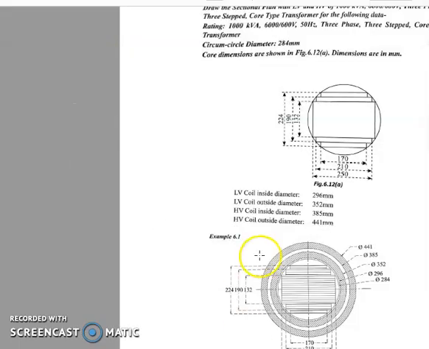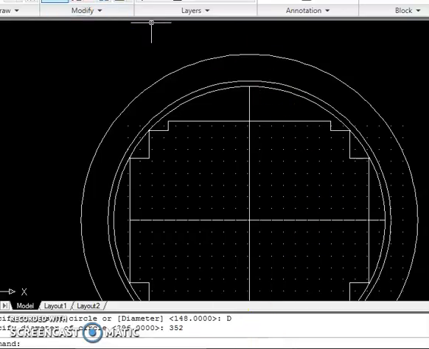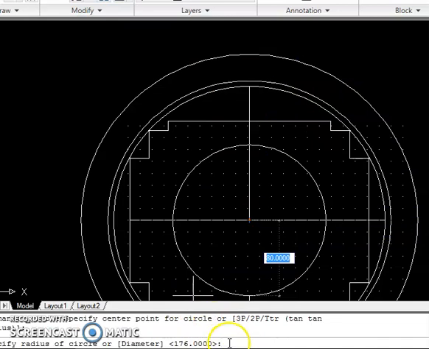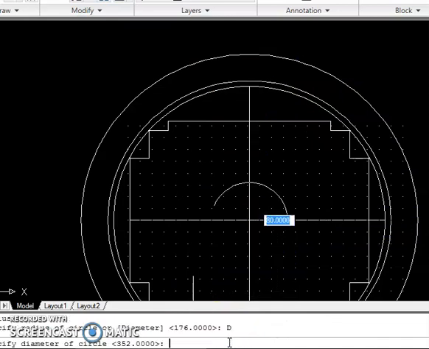Okay, so next the HV winding inner diameter, 385. See, this is 385 and 441. 385 is the inner diameter, 441 is the outer diameter. So again go to circle, diameter D, how much is that? 385, enter.